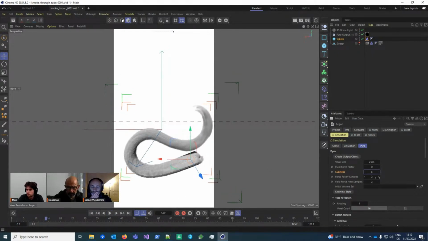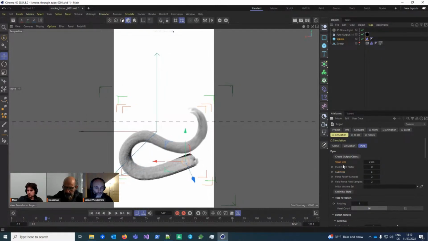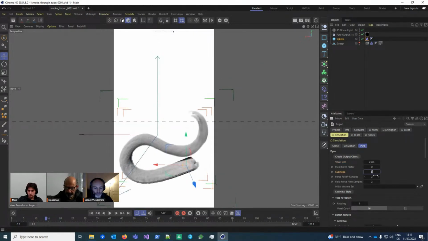Max, can I interrupt you for 1 second? I have a question which I haven't asked you. We know that when we're doing cloth simulations, increasing the substeps changes how the cloth behaves. Do we have a similar side effect when we increase the substeps? It always changes the look of the simulation. Okay. Same with voxel size. This is something which is not avoidable, but also substeps. Thank you.